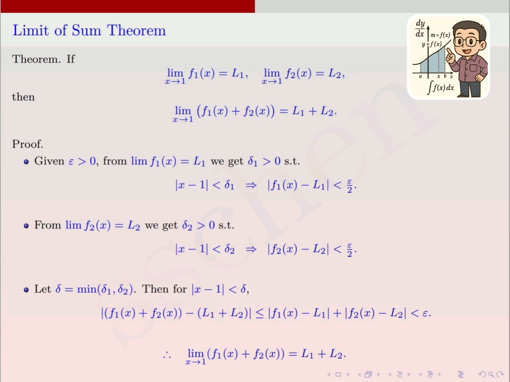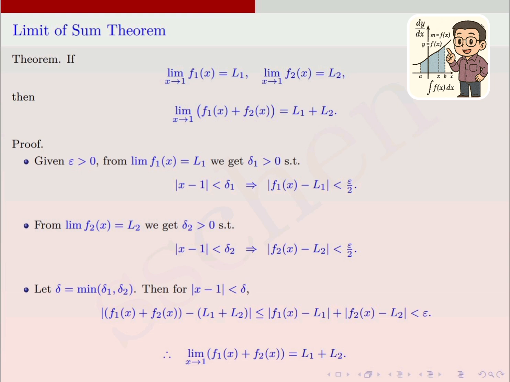Now, let's add the values of these two functions. We want to see the distance between their combined value and the sum of their limits, L1 plus L2. This distance is the absolute value of f1 of x plus f2 of x, minus the quantity of L1 plus L2. Based on the triangle inequality we've learned, this value will be less than or equal to the absolute value of f1 of x minus L1, plus the absolute value of f2 of x minus L2. As we've just established, both of these terms are less than epsilon over 2, so their sum will certainly be